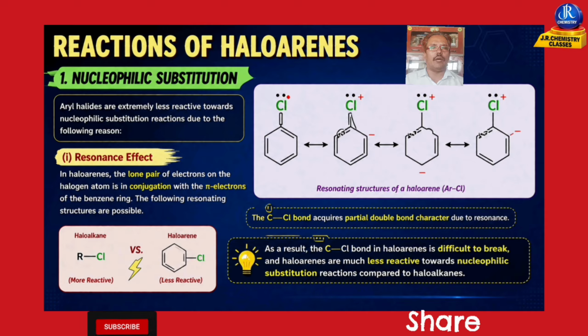Carbon-chlorine bond acquires a partial double bond character due to resonance. As a result, the bond cleavage in haloarenes is more difficult than in haloalkanes, and therefore they are less reactive towards nucleophilic